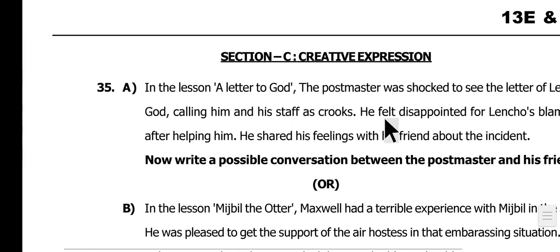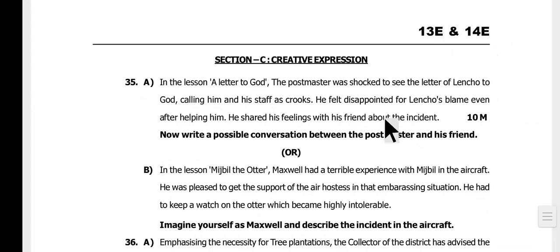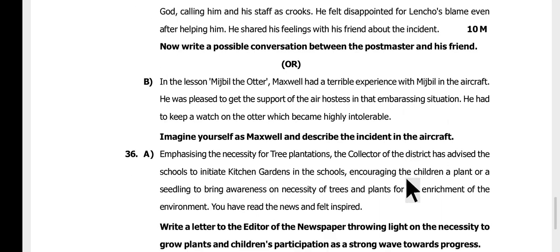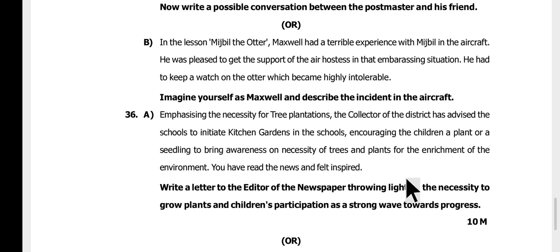Now we will move on to the creative expression, the last item of the question paper. So Letter to God is the context for writing a conversation, and Misbil, the author, is the context for writing this description or describing the incident. So it can be a diary entry or a description. Then